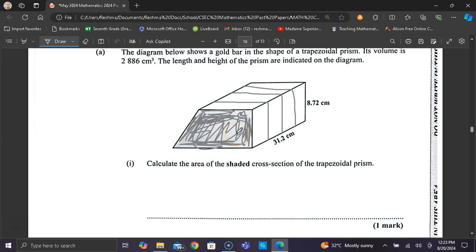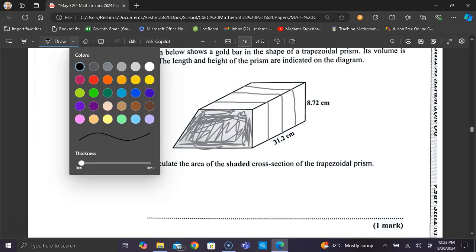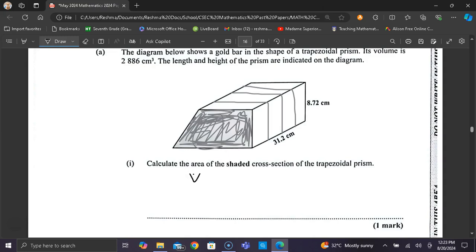So the formula for volume of any prism is equal to the area of the cross-section, which I'm going to label A, multiplied by the length. Now you notice that they gave you two measurements here. One is the length of the prism and one is the height. So I think they gave you this to confuse you because you really don't need this measurement actually, because this is the length of the prism, which we have to multiply by the cross-sectional area in order to get the volume. So they already gave you the volume is